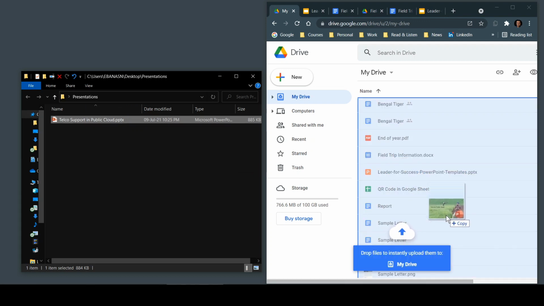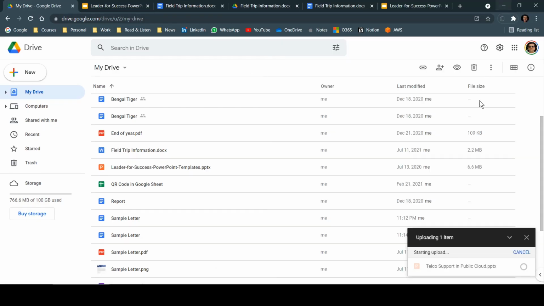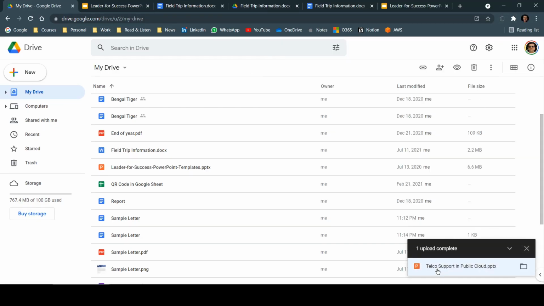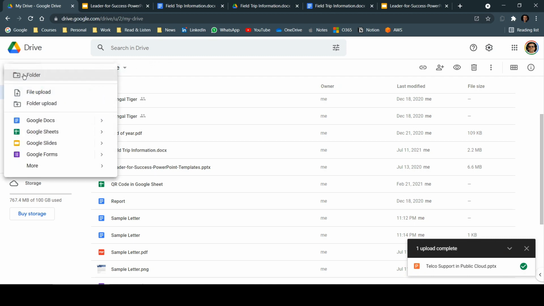If you have any folder structure, you can directly put it in this particular folder, or if you want to move elsewhere, you can just drag here and copy. So now you can see this file has been uploaded. Another way of uploading files is, if you just click on this New, you can upload files from here, and you can upload folders also. That's the way you can do it. So drag and drop is one feature.